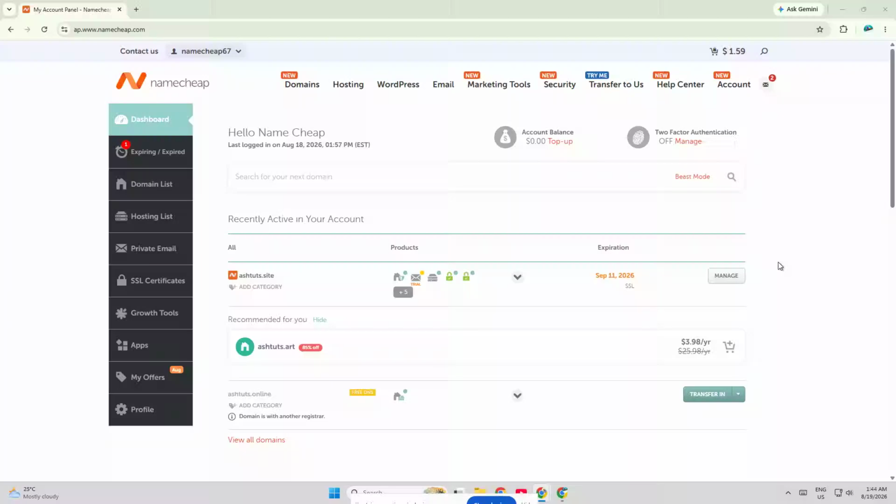In today's video, I'm going to show you how to add balance in Namecheap step by step, so you can top up your account quickly and use it for renewals, domains, and other Namecheap services without any confusion. This is a simple process, but if you've never done it before, I'll walk you through every click so you